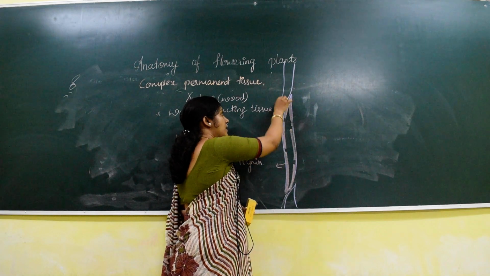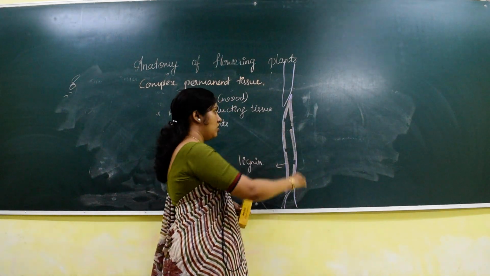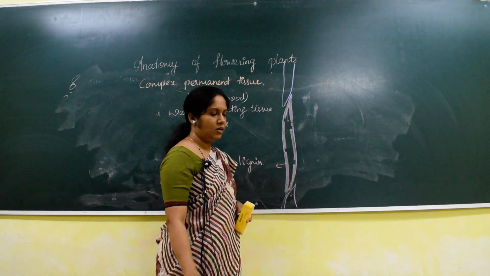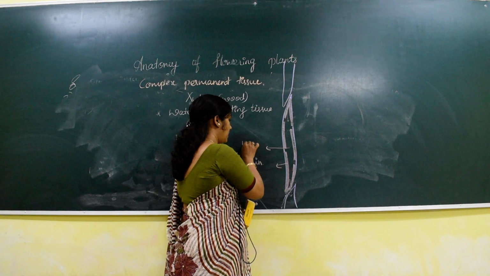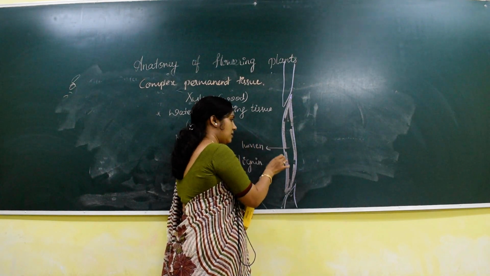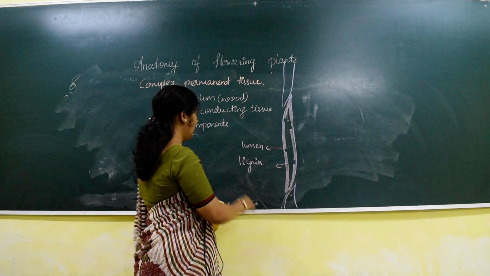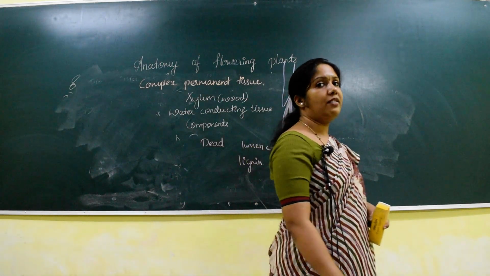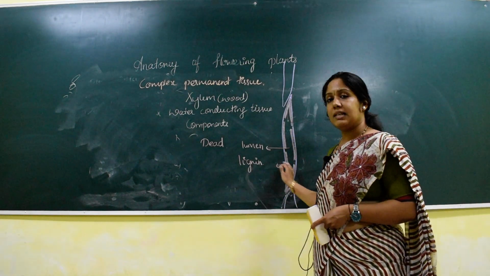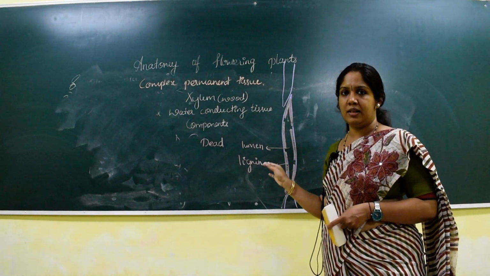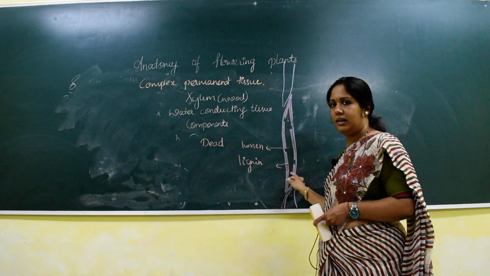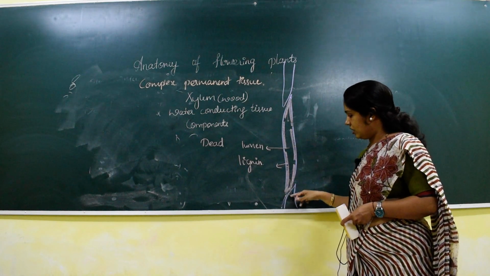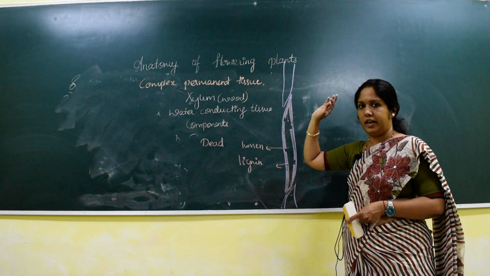Next, the cells are overlapped on one another. So through this lumen, this is a lumen. Why I am saying lumen here means, again the tracheid is a dead component. Why are we saying it is dead? Because the cytoplasm here is absent. Hence the cells are dead. Inside there is an empty space. Through this space, the water circulates from one vessel to another tracheid.